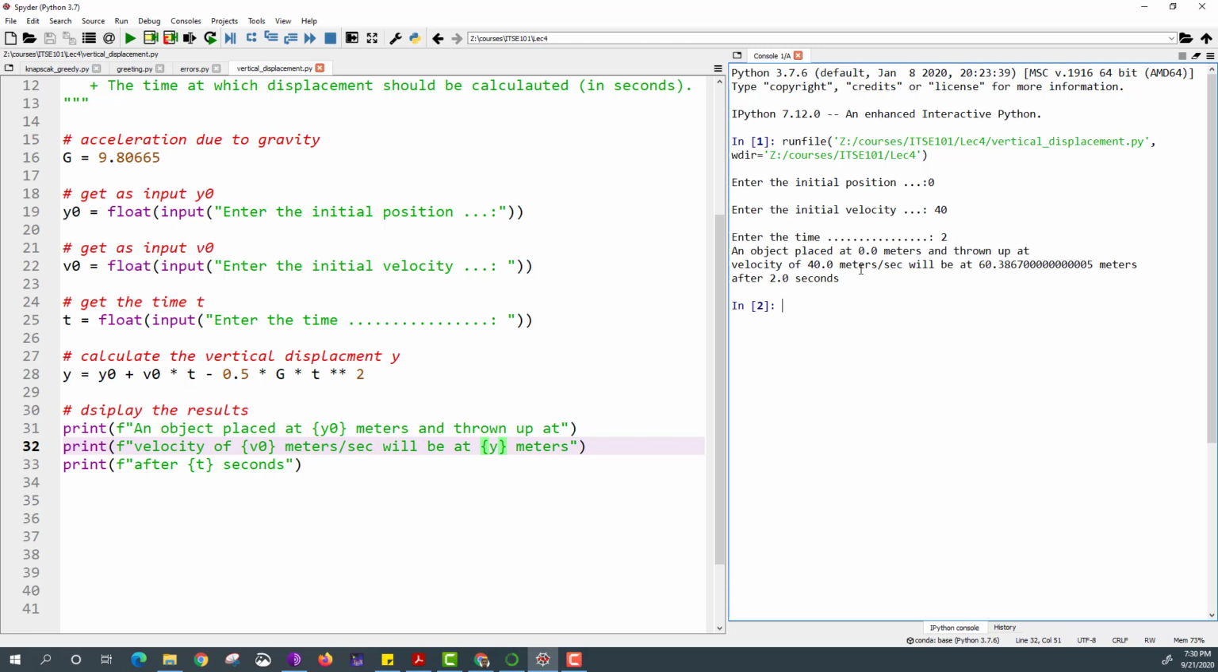I'm not really happy with it, so we'll modify it a little bit further. So we have an object that is placed at 0.0 meters and it's thrown up at a velocity of 40 meters per second will be at 60 meters high. But as you can see, I'm getting a very long number here. I would like to format this a little bit, so we'll deal with this long number here. And another thing I want to do, I want to just keep a space between my last prompt and the